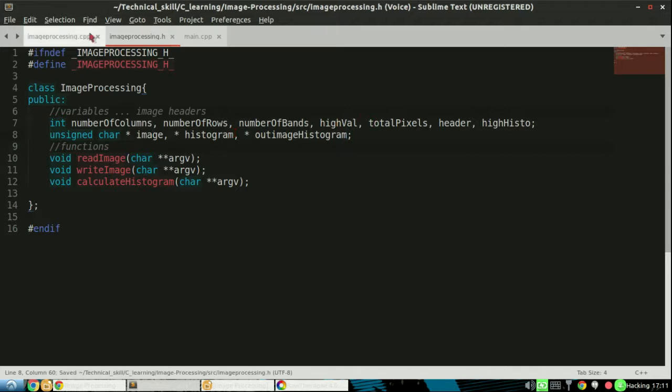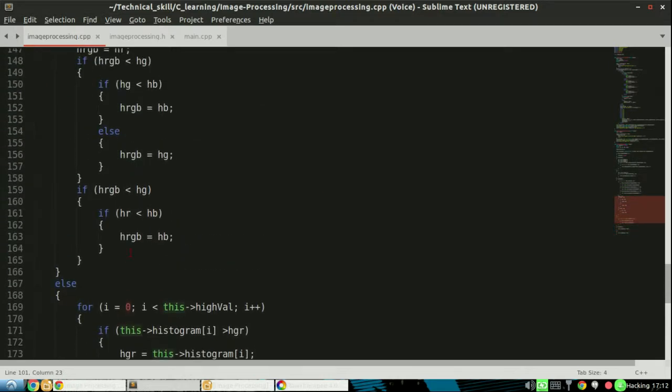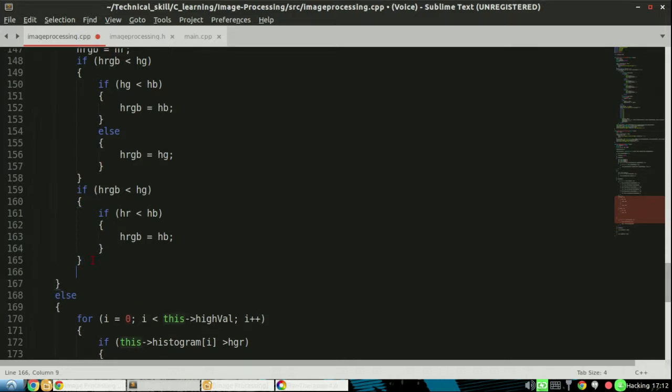Suppose out image histogram has to be initialized. So we'll go over here, where we know the dimensions of the image. We put this dot out image histogram